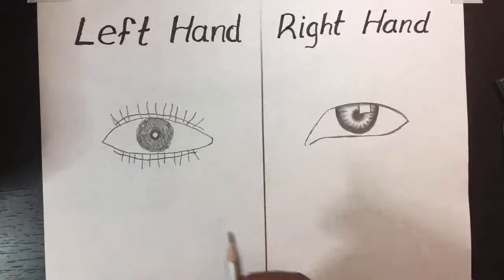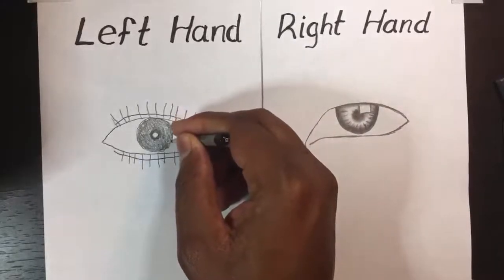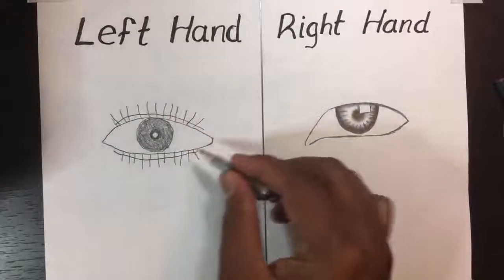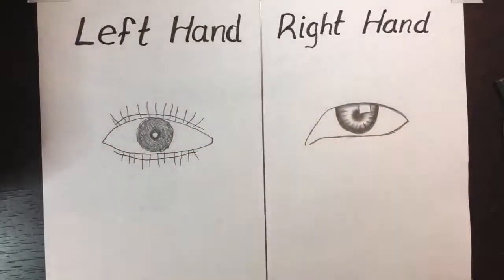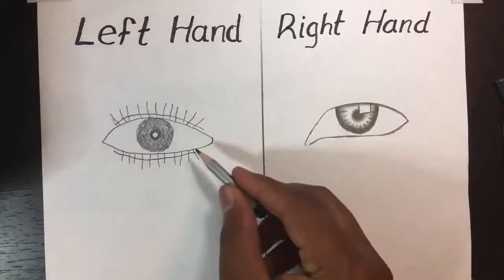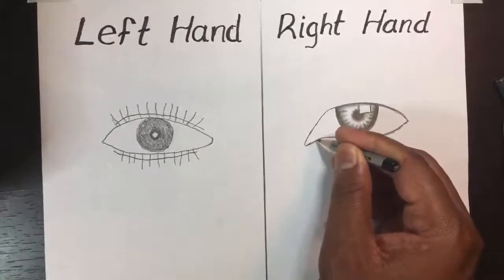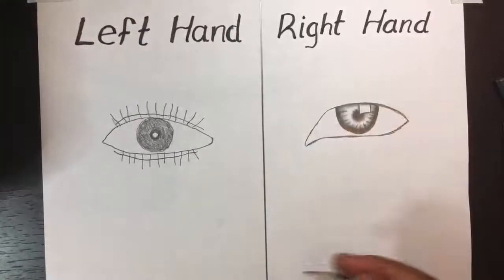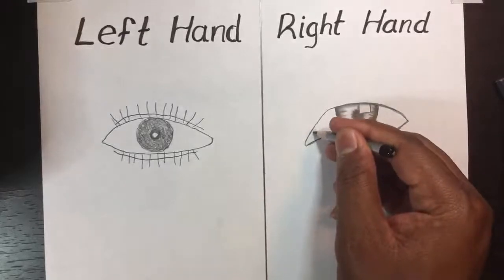The left hand, most people when they draw it, they leave some details in the eye corners. Every eye has, beside the refractions, what we call the vein, the light and everything. So if you see here, I put it this way with my right hand, right? If I put it like that, it does not mean that this is also all the eye. No, I will have to come